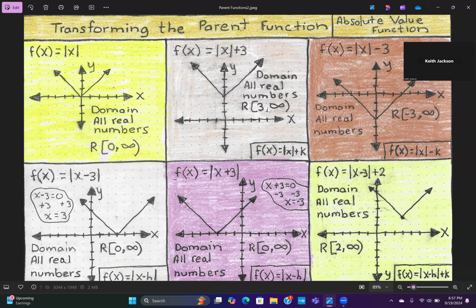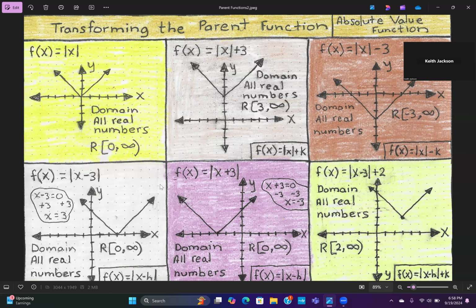All right. And so let's go back to this function because I want to remind you that the domain will be all real numbers going into infinity in both right and left, while the range values, remember the range values deal with the vertical aspect of the function, begin at 3 and go up to positive infinity. And we see that right there. And in this case, the range value will begin at -3 and go up to positive infinity. So I'm going to repeat that. The range value will go from -3 to positive infinity,